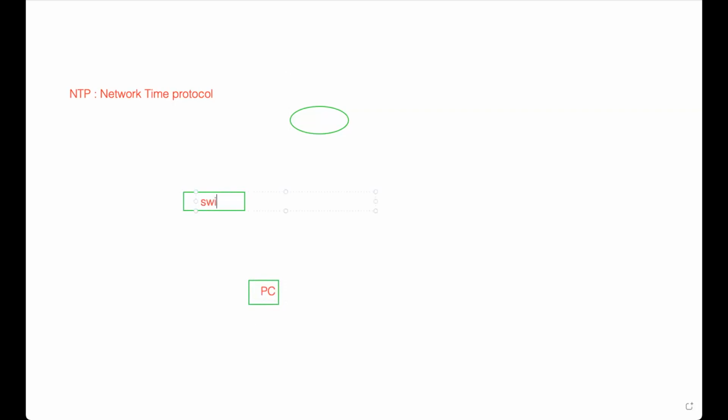This is a switch. And there is a router. Let's say this PC sent a packet to the switch, and the switch sent a packet to the router. If the time on this router and switch are not in sync,